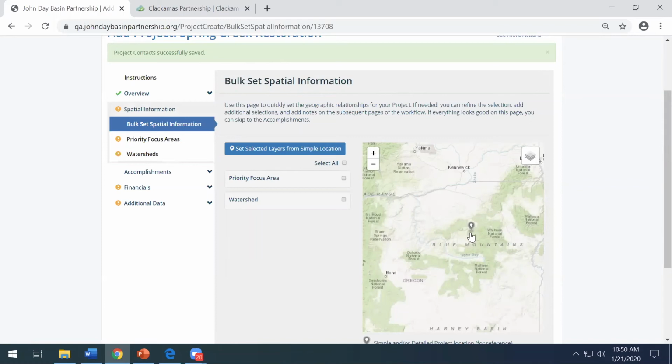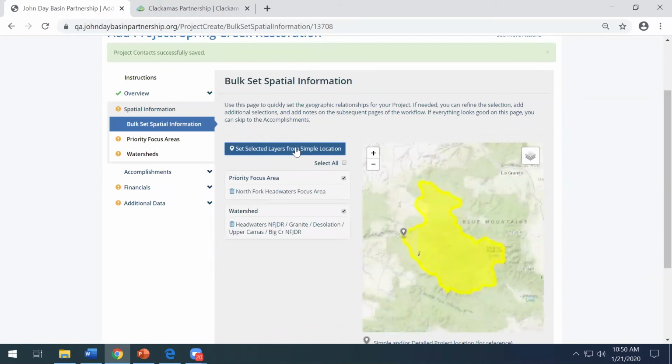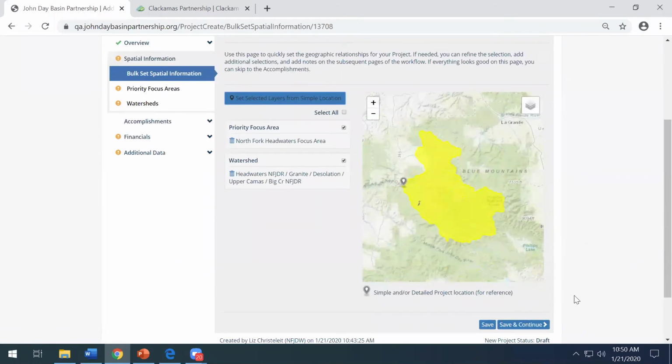It's going to use my simple location to do a spatial intersection to determine which watershed the project is in and which priority focus area the project is in. I'm going to select both of those and click this set selected layer from simple location. And there you see it just automatically grabbed those two areas. If I go ahead and save that page,